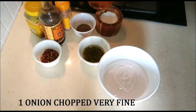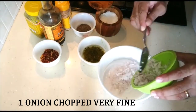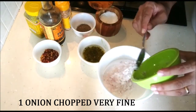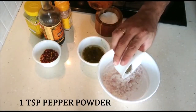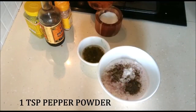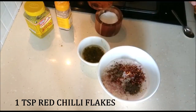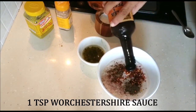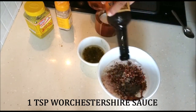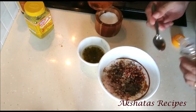Next, I'm going to add one chopped onion, which I've chopped really fine. So we're going to add that. Next, I'm going to add 1 teaspoon of pepper powder, 1 teaspoon of red chili flakes, 1 teaspoon of Worcestershire sauce, 1 teaspoon of garlic powder,